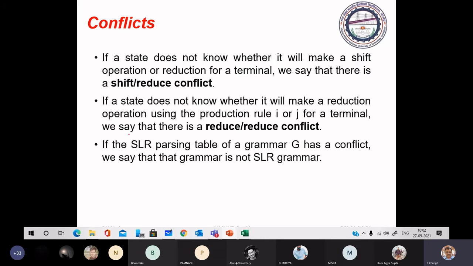Means for any state, suppose symbol A, we have action S N or R3.